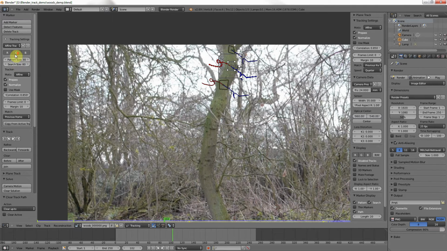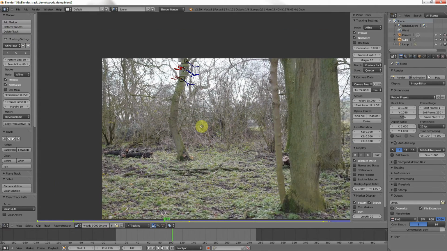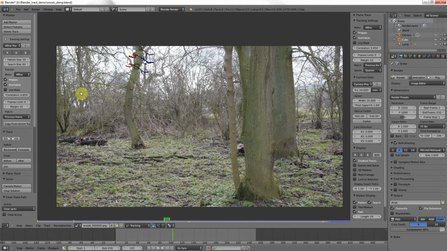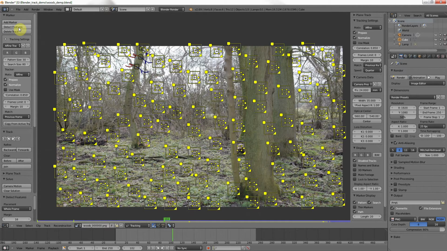Now, the one thing on this right hand side that's really probably tempting to do is this detect features piece. So let me just scroll into this. And what that will do is automatically detect the features in the screen. So let's click this. All right, that's just going to be abject misery trying to sort that out if you try and track all